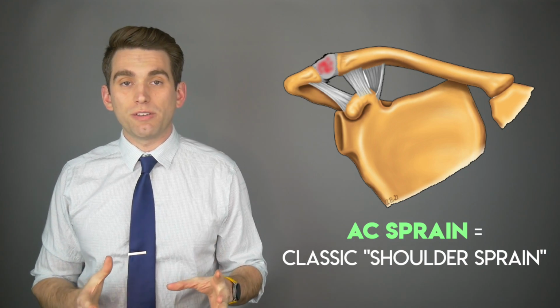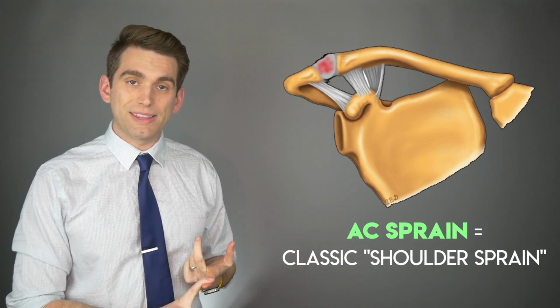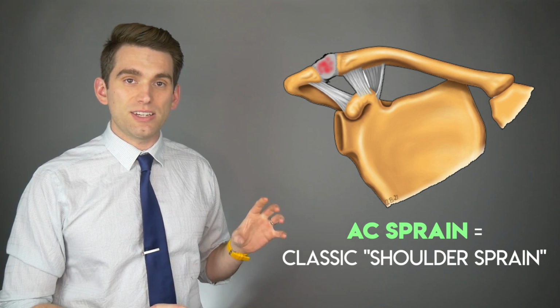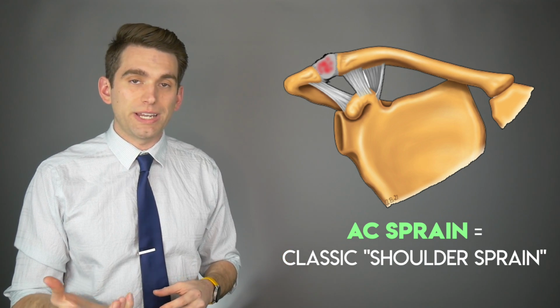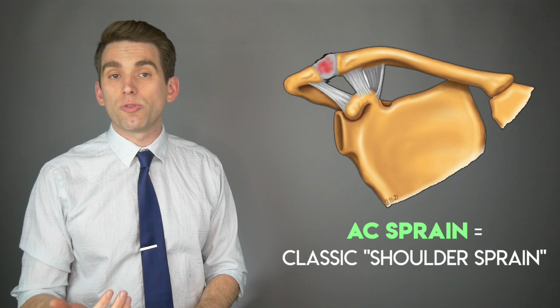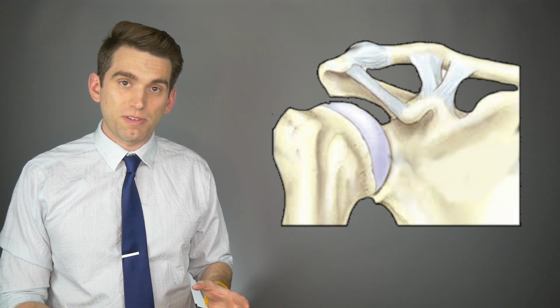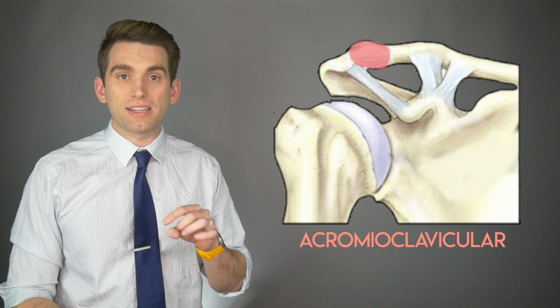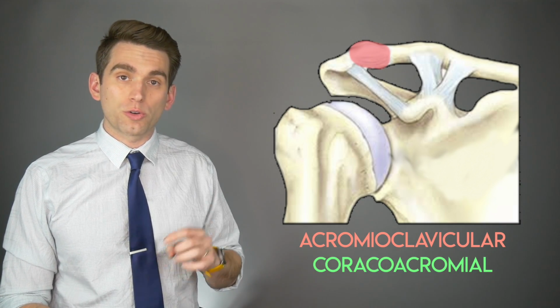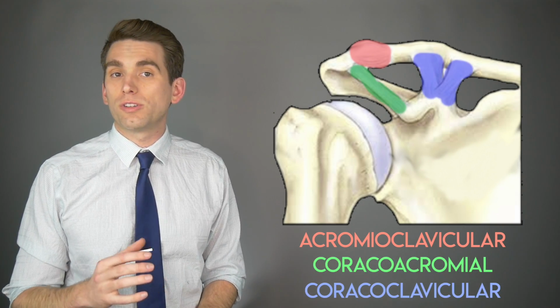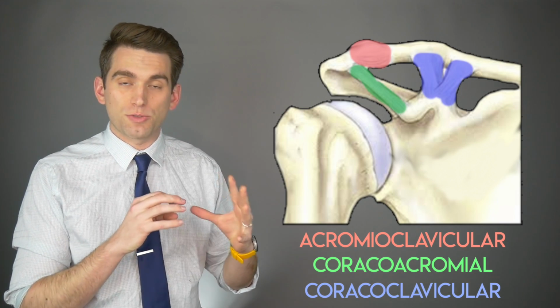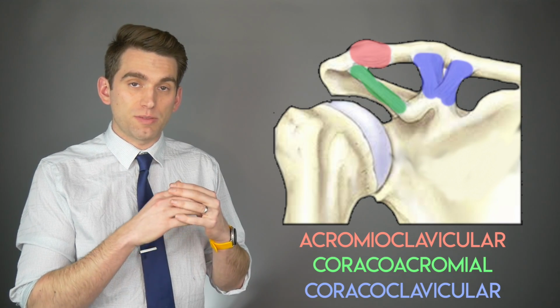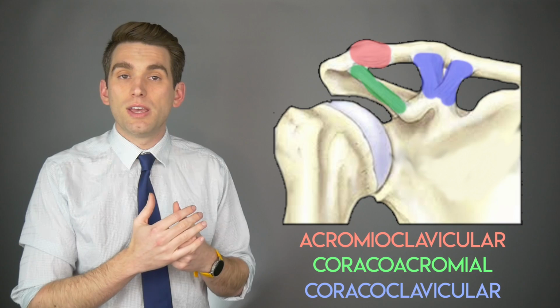By far and away the majority of time when someone says shoulder sprain, they're talking about an injury to the AC joint ligaments. This would also be called an AC separation or a shoulder separation. There's three ligaments here around the AC joint. We have the acromioclavicular ligament between the acromion and the clavicle. We then have the coracoacromial ligament and the coracoclavicular ligament. All three of these ligaments are really important in maintaining the different stability patterns within that joint between the clavicle